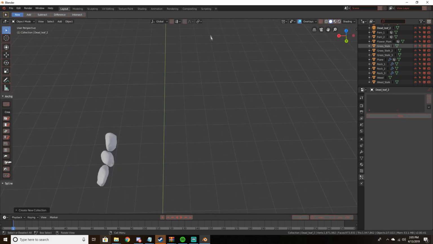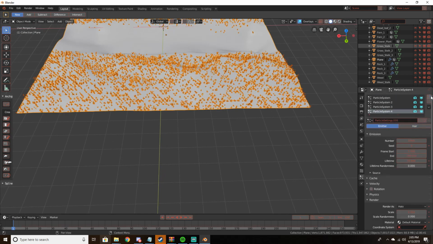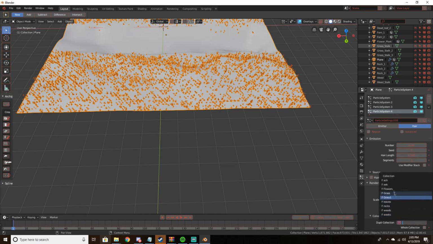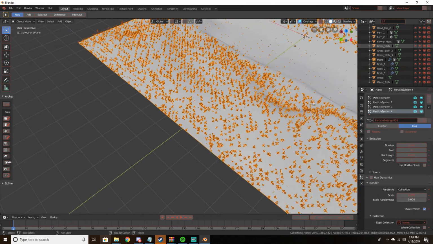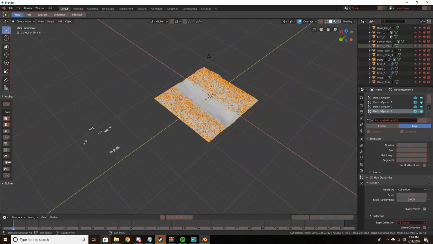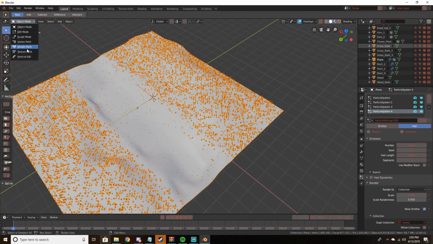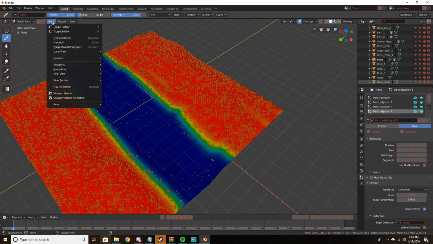Then I'm just going to what? Okay. So I'm gonna do the exact same thing in hair. Render as collection. Collection is our leaves, and if I go into white paint, alright,